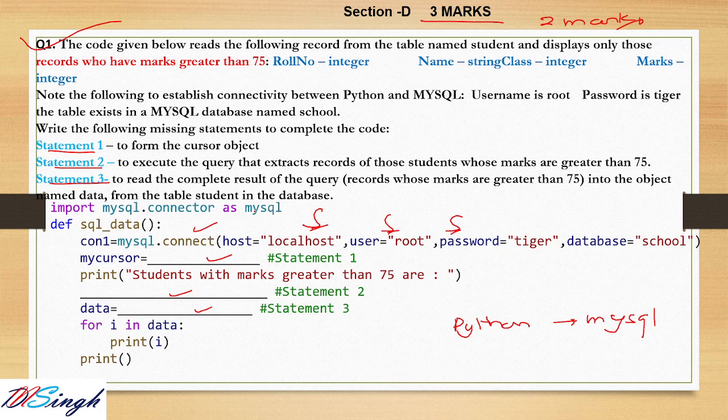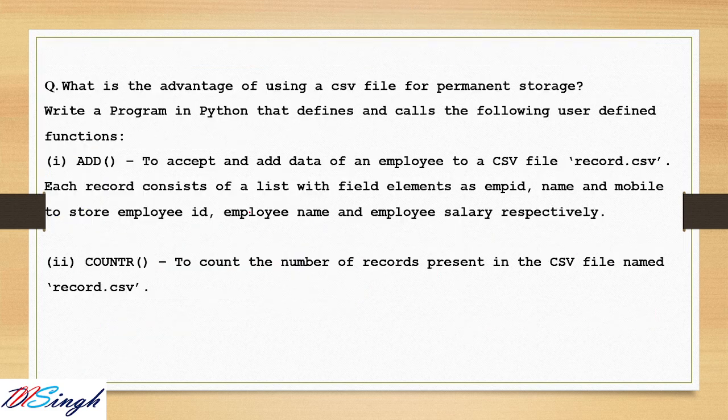So you will be very confident in answering these questions. Then you have another category where you have a CSV file. As we have already discussed, there is a 3 mark question from text file. So we have three types of file: text, CSV, and binary file. In our sample paper, a 3 mark question from text file and a 5 mark question from CSV file, both